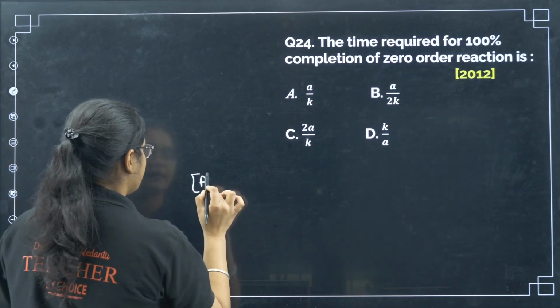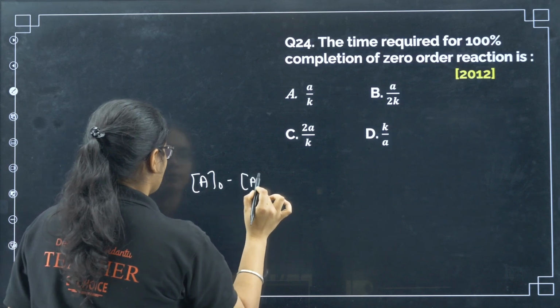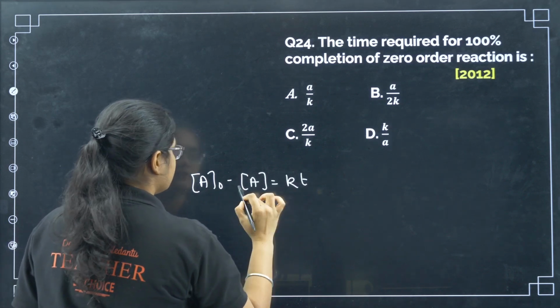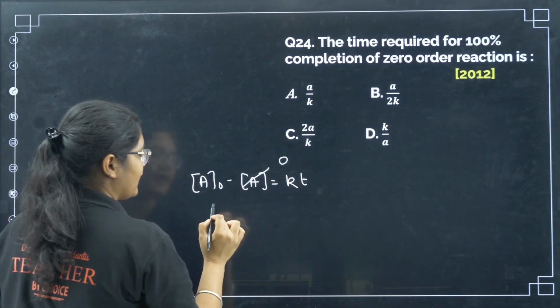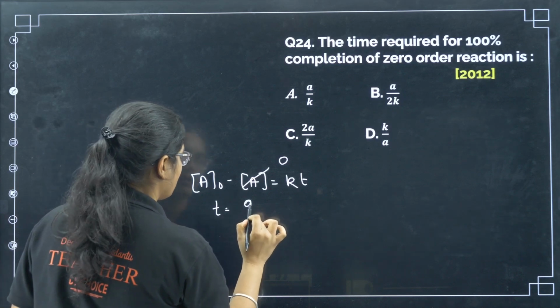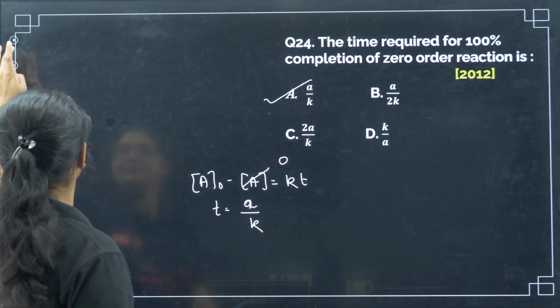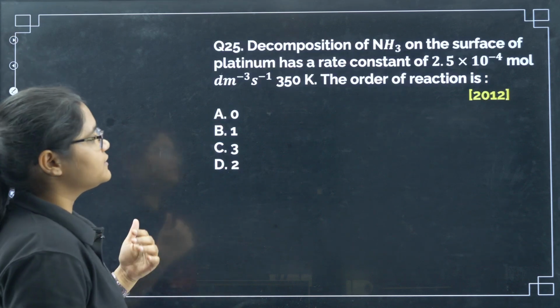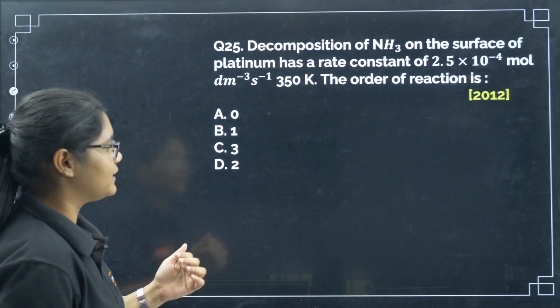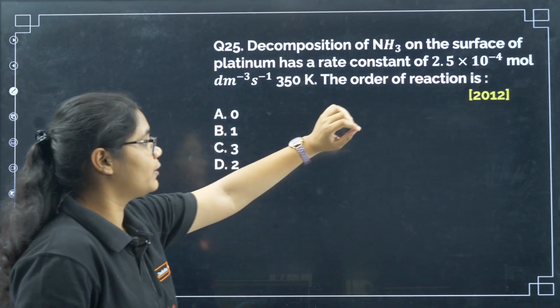So if I want to complete 100%, then this A will become 0. So I have time equal to A naught by K, that is option number A here. Easy question. Next, the decomposition of NH3 on the surface of platinum has a rate constant of 2.5 into